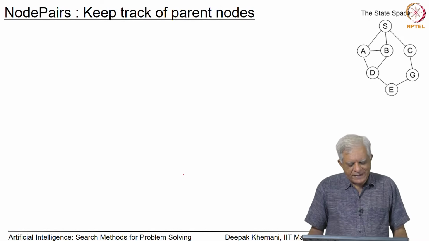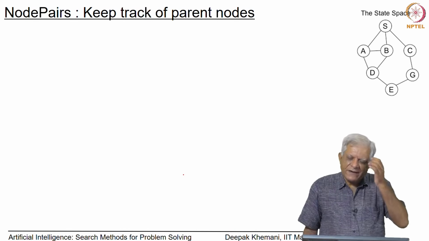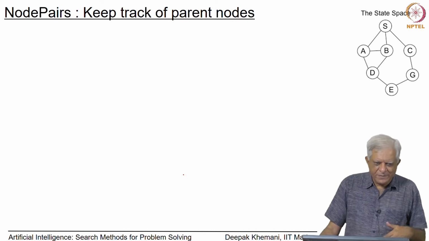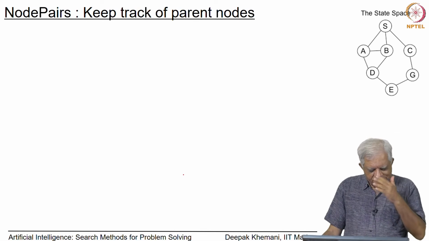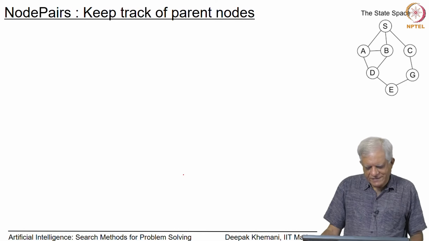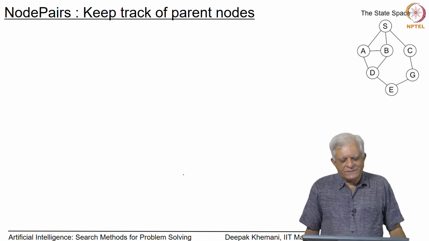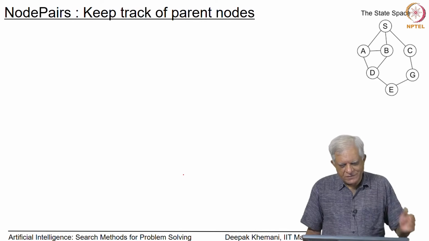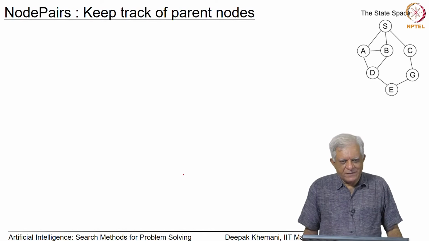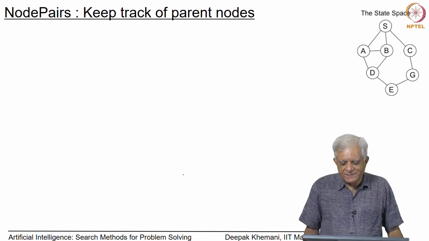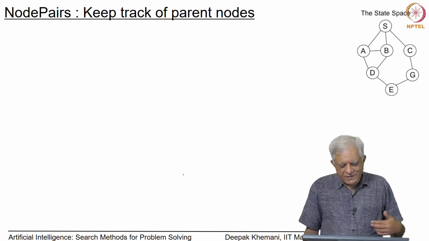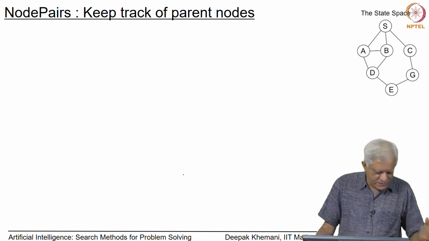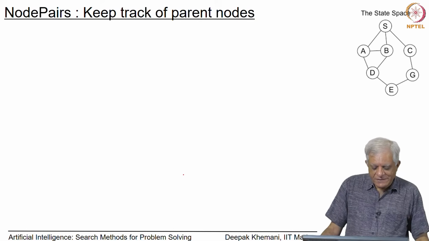We use this nice mechanism of keeping track of where we came from. You must have heard this old Greek story, where as a punishment one young man was sent to the maze, and it was expected that he would not be able to get out of the maze, but he was smart enough and he took a thread with him, and he kept laying the thread along where he went, so that he knew exactly where he came from. We want to do something similar,